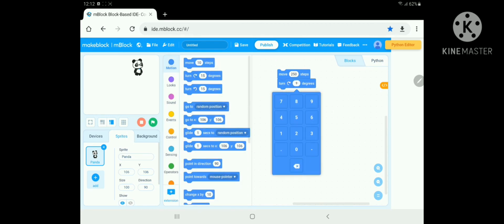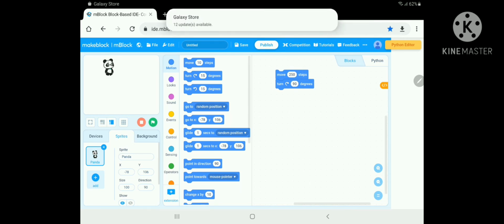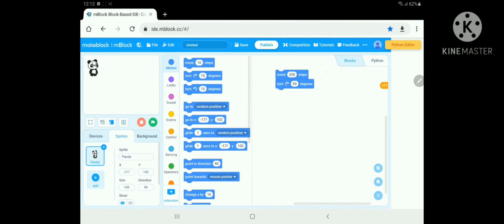So we will take 90 degrees here, and if we take it like this, you can see it is moving like this. So it is perfect. Our panda is moving correctly.